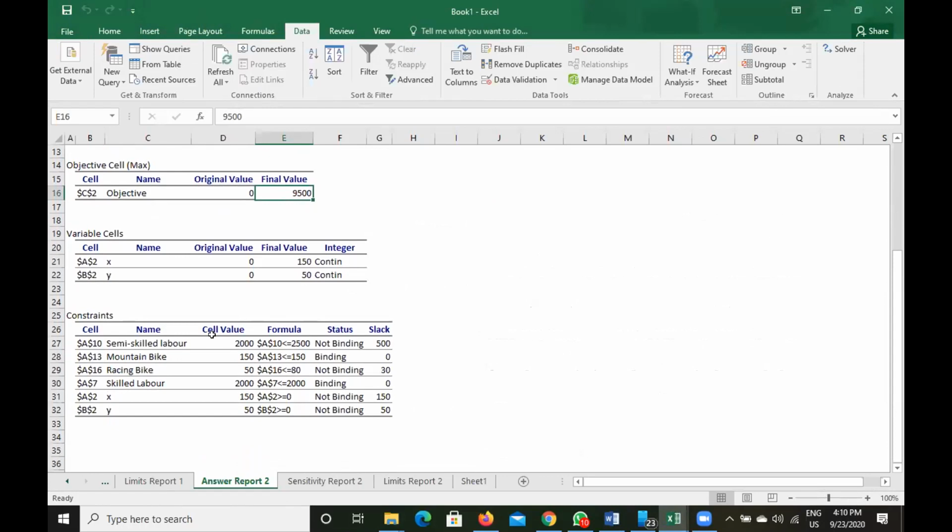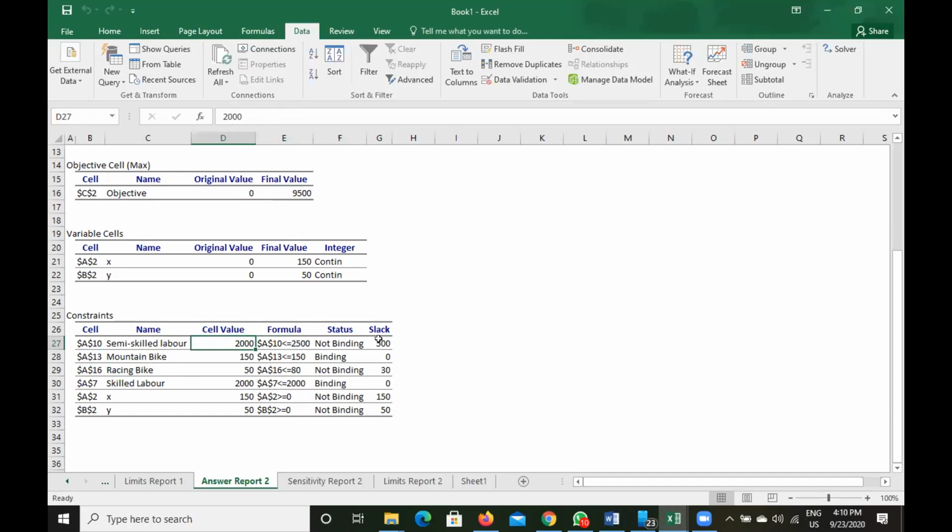Now we can see semi-skilled labor. This is non-binding, which means this is not a critical constraint. Slack means we have 500 hours available. Total 2,500 hours were available, and we are using only 2,000 hours.